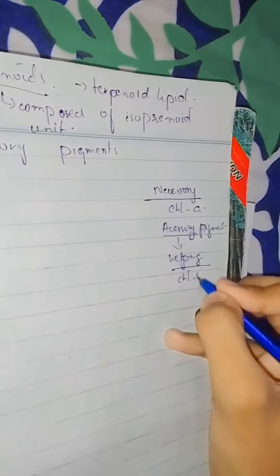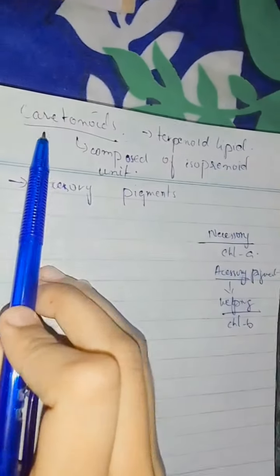Chlorophyll B, for example, is an accessory pigment. Similarly, carotenoids are accessory pigments, helping pigments,